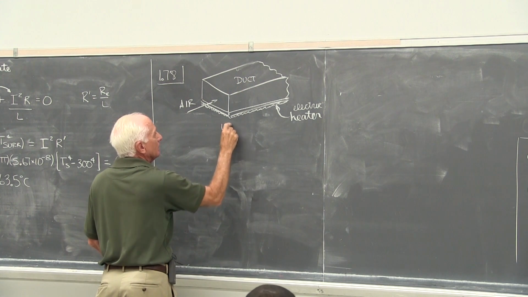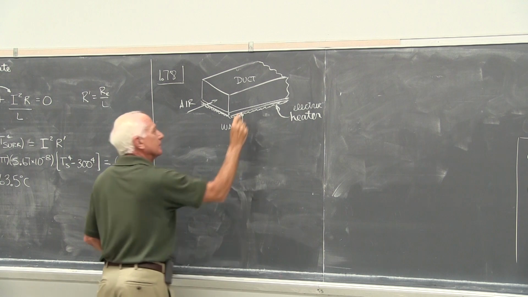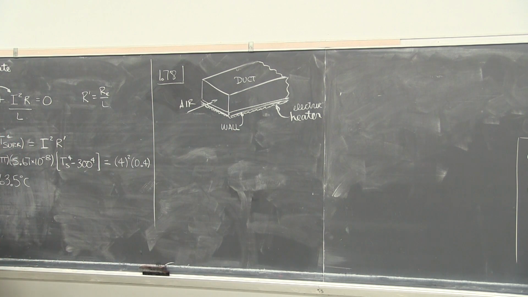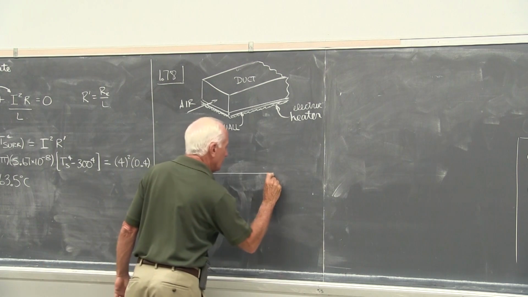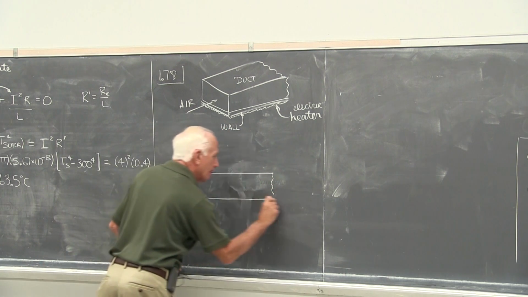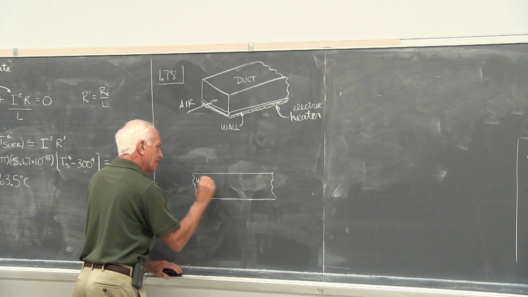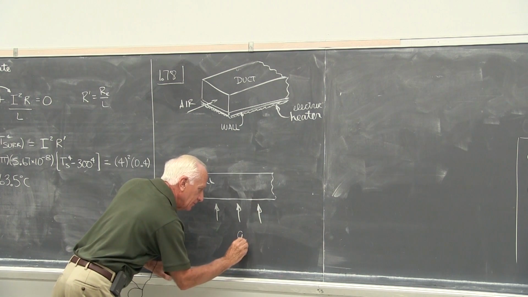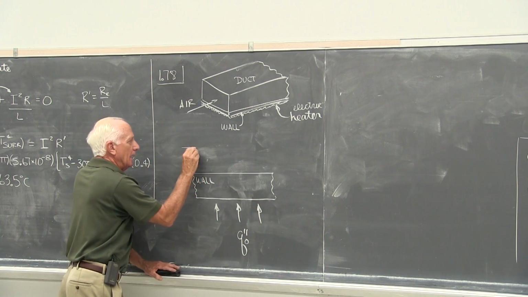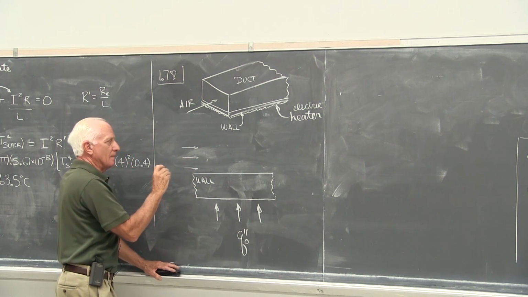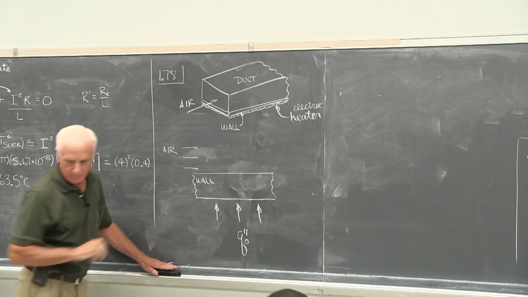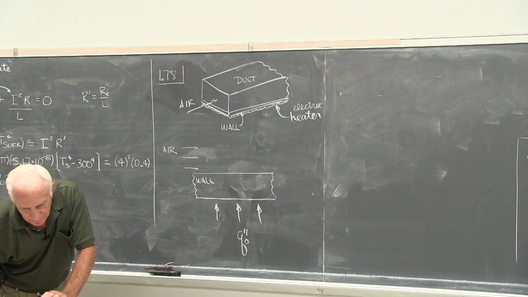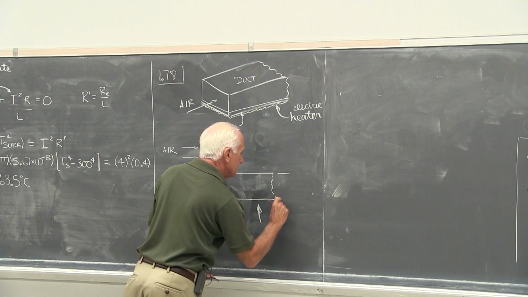This is the wall. Luckily, there's a picture in the textbook, so you can see the wall. Air flows inside the duct. The air is being heated by an electric heater on the bottom. So now I'm going to show the wall on the bottom here. We're going to heat the bottom with an electrical heater, which we call Q naught double prime. And the air is flowing over the top of the wall inside the duct. The wall is 10 millimeters thick.